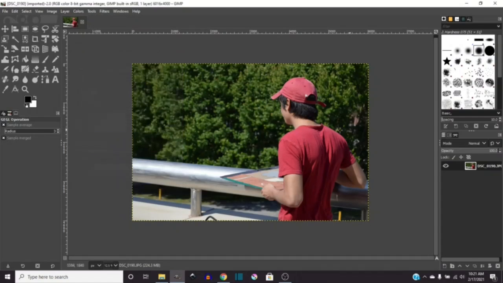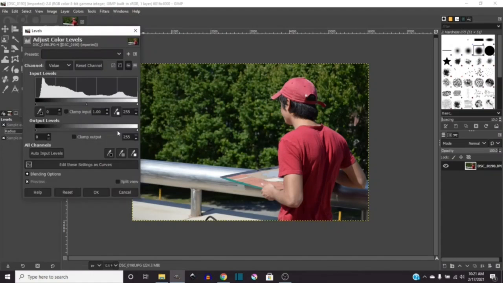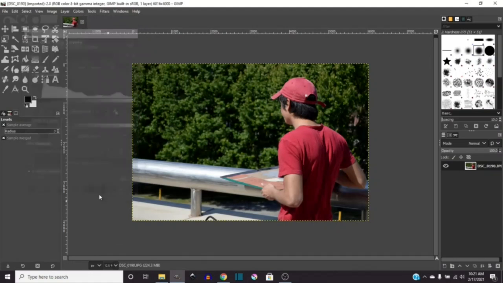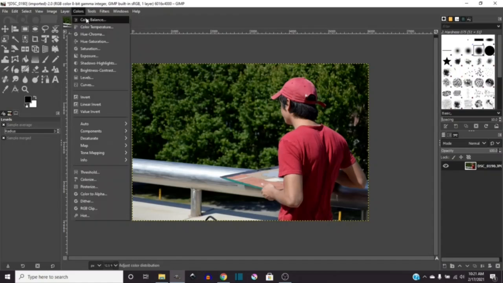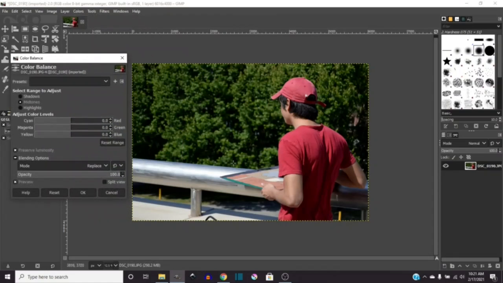Oh, wait, let me see if there's anything I want to do with my levels first. This is a pretty well-balanced photo. I might just grab a little bit more black right there. All right. Now, colors and color balance. Okay, so, well,